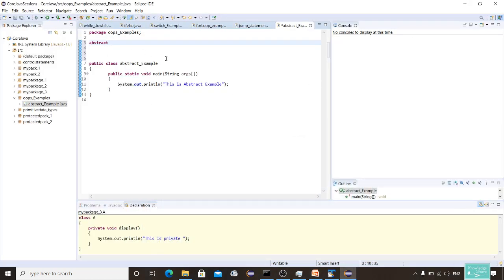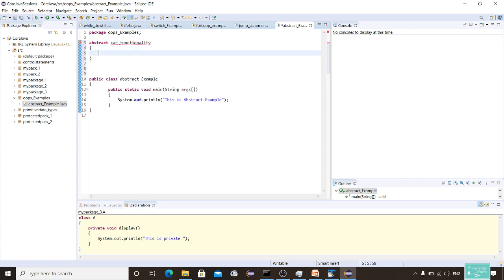Now let me take abstract car functionality. This is my class name. And I'll create my abstract method here. I'll say abstract void change gear. This is my method. And I will not have any implementation here. Just simply call this.